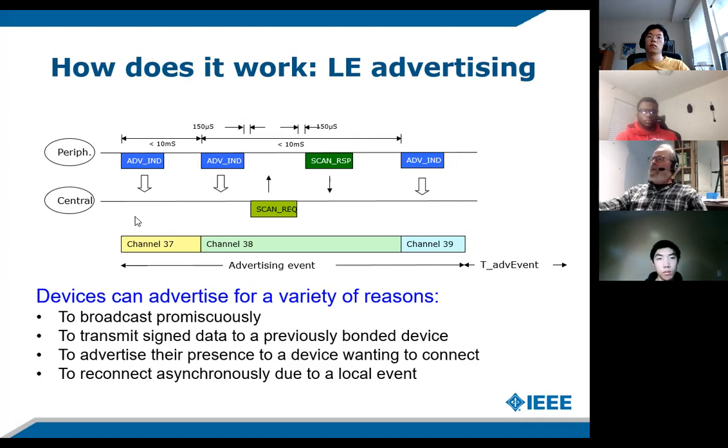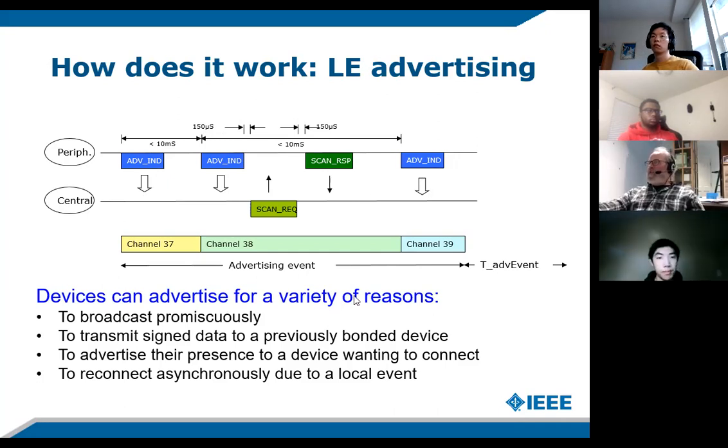And maybe it didn't get responded to. So it puts out an advertisement here, and this guy was listening and says, "Ha, I saw that." Scan request, scan response. They could go off and connect after that instead of continuing to advertise.